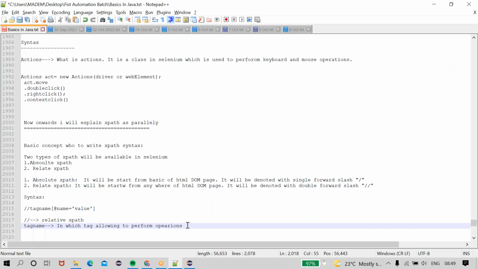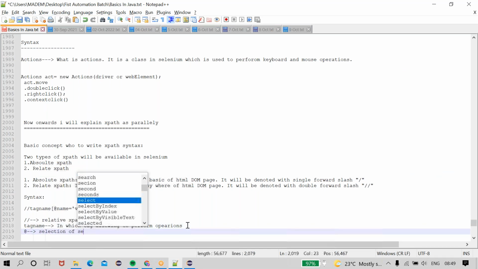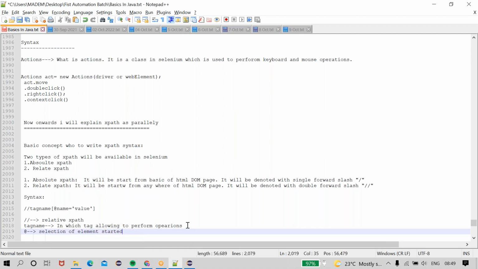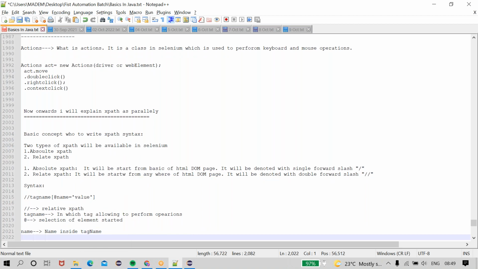At the rate denotes selection of element started. Name is name of the name inside a tag name. See guys, as much as you practice, you will get some clarity. XPath in the practice, value inside a